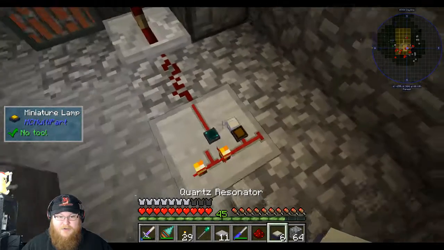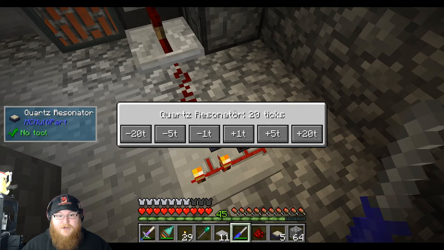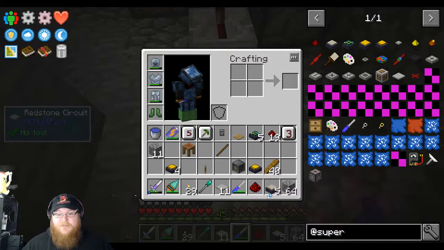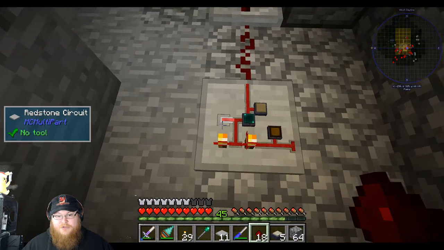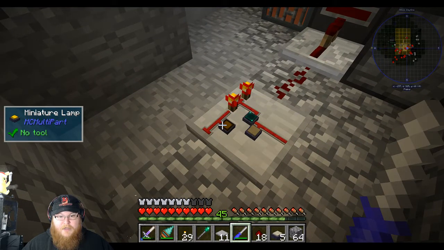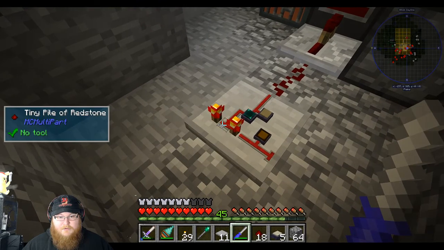Alright, let's put this down here, and use my screwdriver. Quartz resonator. I mean, every 20 ticks, it looks like it's good. I don't know. This is weird. This is completely weird. So that should work. And then I should be able to read from... What? Read from the...